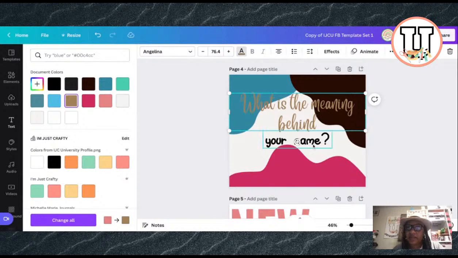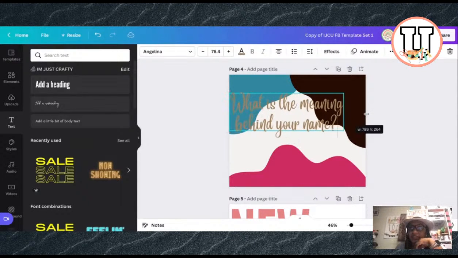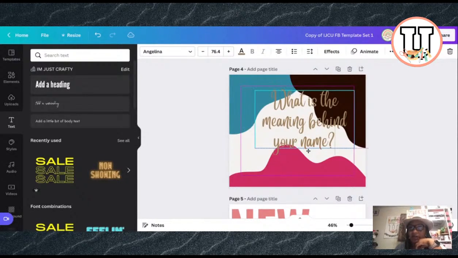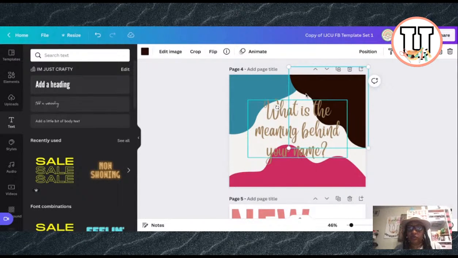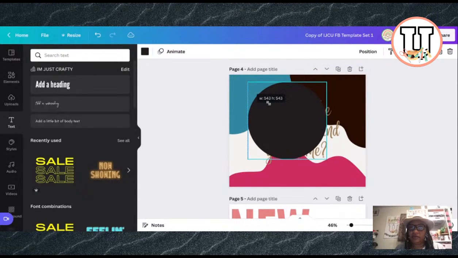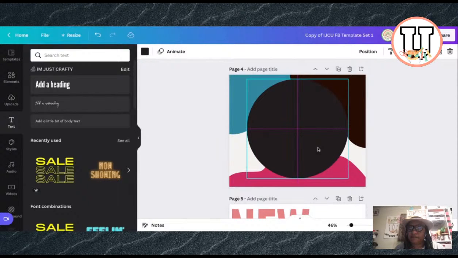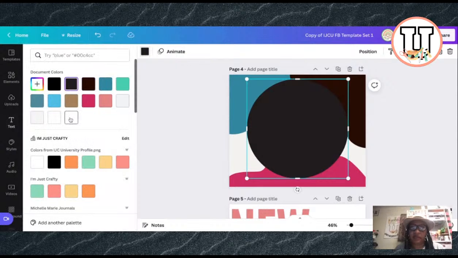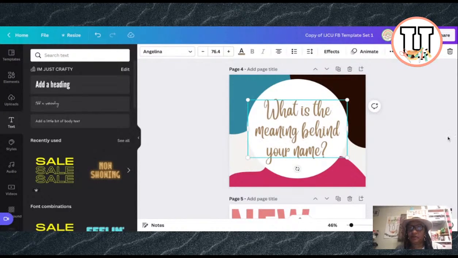We could do it this way. I kind of don't like that, so I'm gonna do, then let me just make this smaller. Yeah, I like this a lot better. And then what I'm thinking I want to do is add a circle behind here to kind of house the text. And let me just see what it looks like white. Okay,